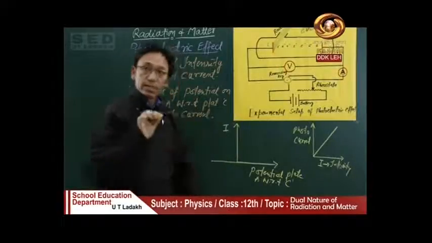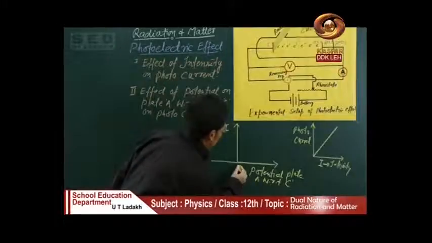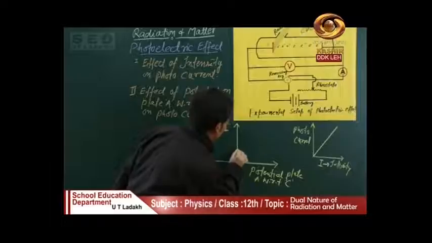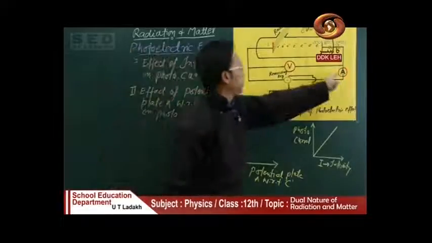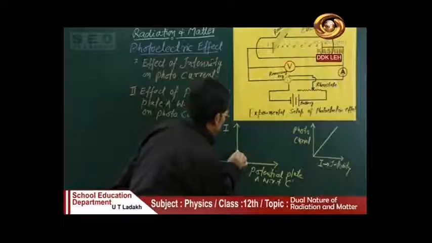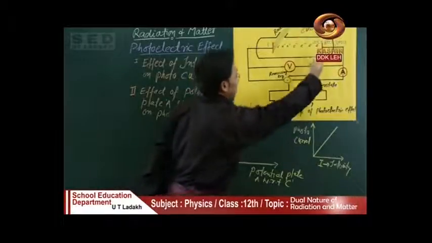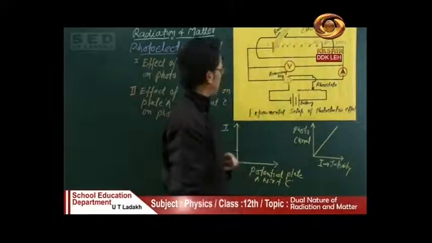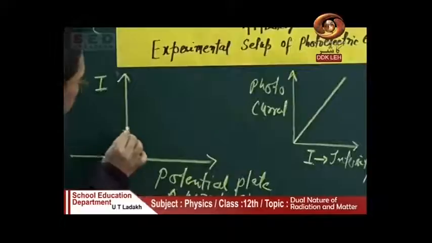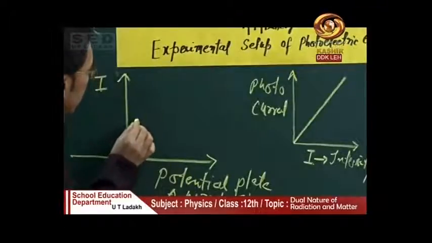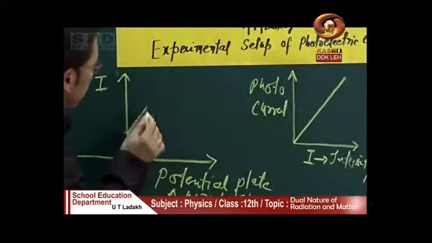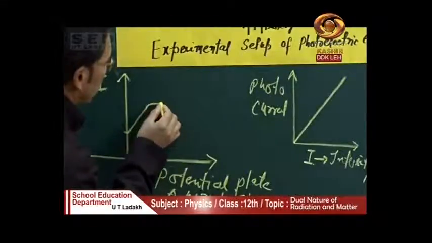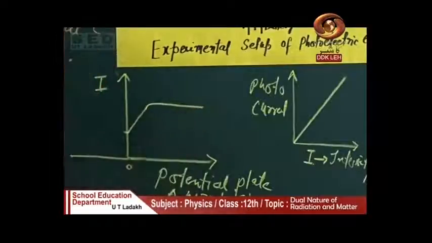तो एक चीज हमने ऑब्जर्व किया था बच्चों, when the potential of plate A is zero, even at that time we observe a small current in the emitter. तो उसके बाद जैसे ही हम potential of plate A को increase करते हैं, that means we are making it more positive with respect to the cathode C, we get that the current linearly increases till it becomes saturated. At a particular voltage it becomes saturated, and after that the current will remain constant.